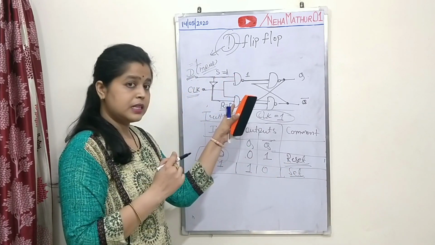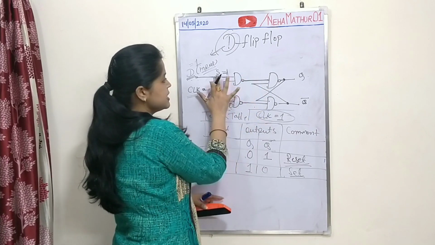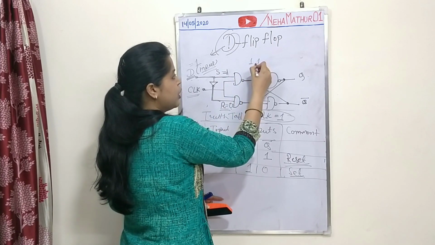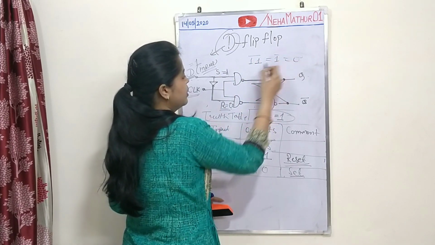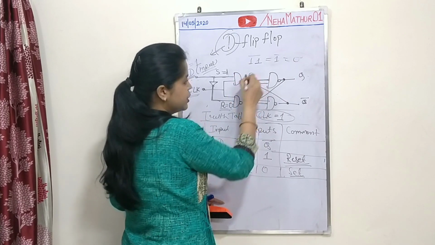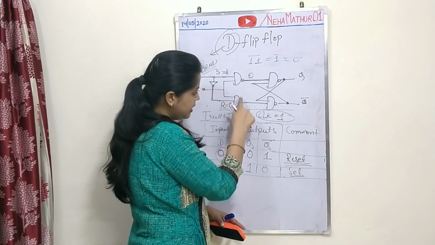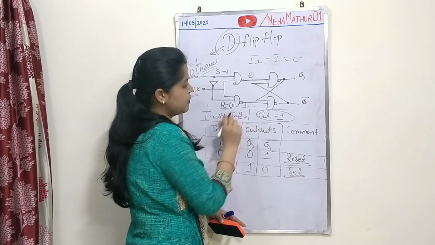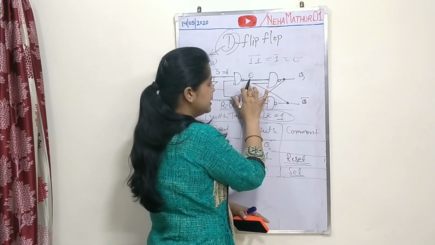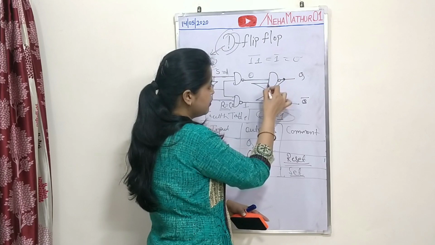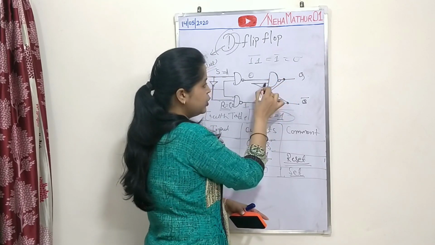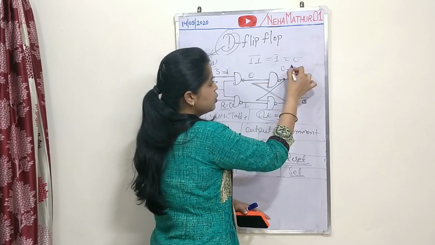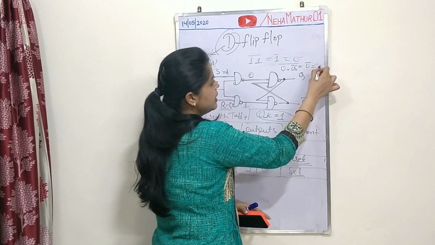And I am again repeating the concept. See, if S is equal to 1 and your clock is also 1, that means 1.1 with its complement it will be 0. That means the output of the first NAND gate is 0, while for this NAND gate its one input is 0 and the second input is 1. That means its output will be 1. Now this 0 is directly applied at the first input of this gate, then no need to go with this second input. So 0 is multiplied by Q bar, it will be 0 with complement and it will be 1.